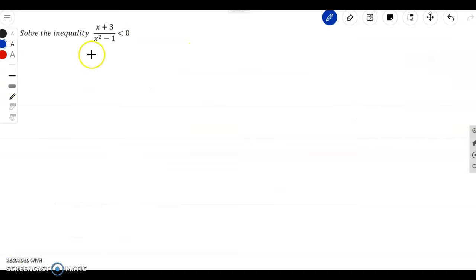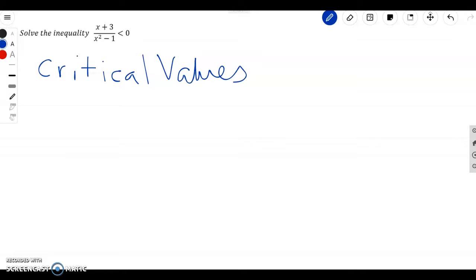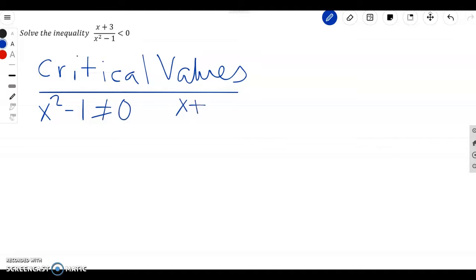Alright, for our next problem, again we're going to look to solve this inequality. If I have (x + 3)/(x² - 1) > 0, we're going to do the same type of thing. We're going to first find our critical values. After we find our critical values, then we'll use our number line. So in this case we have our denominator, x² - 1 is not allowed to be 0, and then our numerator, x + 3